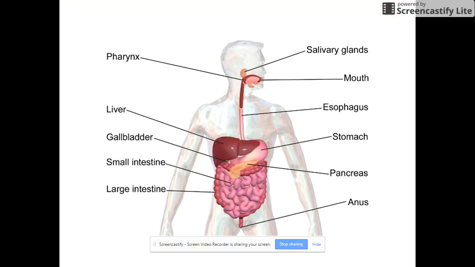Okay, so looking at this here, the alimentary canal is going to be from the mouth, and it's going to come down your esophagus to your stomach, go through all your small intestines, and go through the large intestine, and then out the exit. Okay, so we also have all of the accessory organs, so salivary glands, we have the liver, we have the pancreas, we have the gallbladder, things like that. And we're going to look at those a little more closely as to what they do and how they contribute to the digestive system.